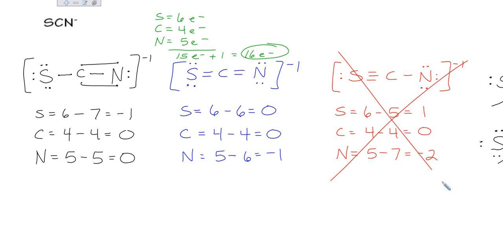So now we have to decide between the first two. They both have 2 zeros, which we want. We want lots of zeros. They both give me a -1. So the tiebreaker goes to electronegativity. We want that negative formal charge to be on the atom that would have a higher electronegativity. So if I look at the periodic table,